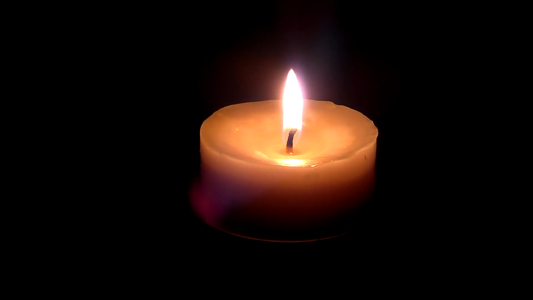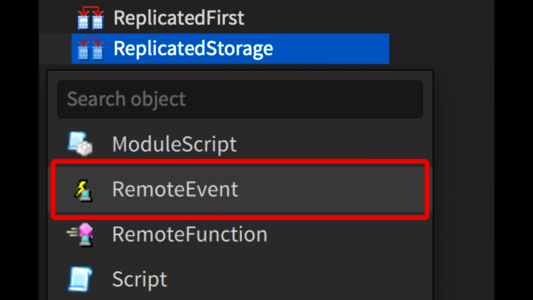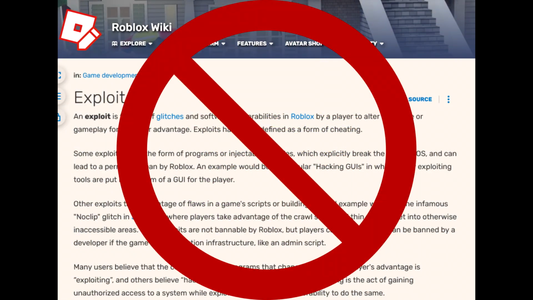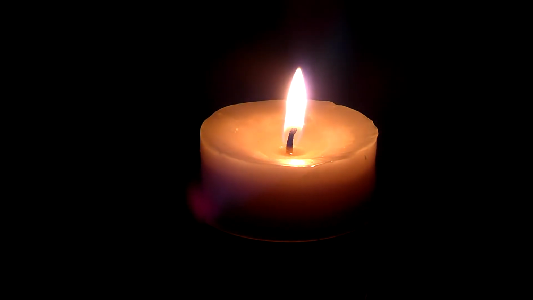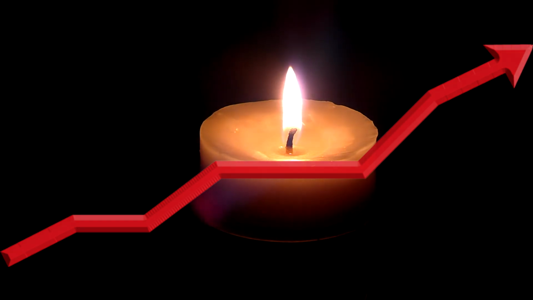Nowadays, most exploits have turned to abusing things like remote events, which are ways that the client can communicate with the server whilst FE is on, as well as, quote-unquote, using server sides. And yes, I know they're not exploits. However, they replicate the experience of the pre-FE days in many ways. Despite this though, Roblox exploiting has only grown larger, even though, like I said earlier, it's not as powerful as it used to be.